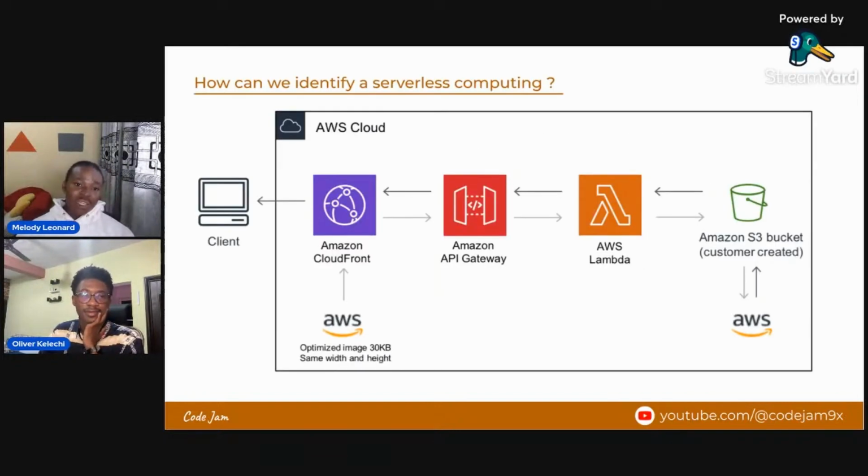So how can we identify a serverless computing? For instance, I believe this is very self-explanatory. You have to look at the characteristics of a serverless application. So from what we discussed so far, you see that a serverless application,